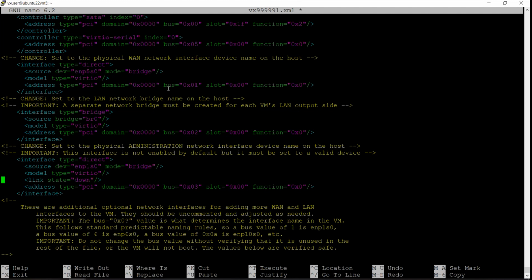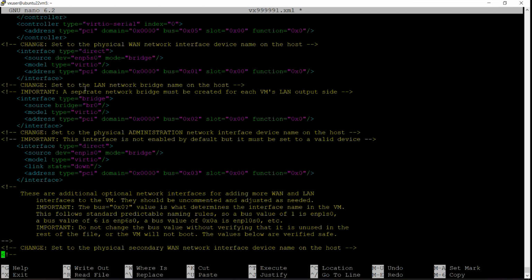So what this line does, because this bus is 1 and the slot is 0, it will come up as ENP1S0 every time you define a VM using this statement. Again, this is what's exposed to the virtual hardware. This is the virtual hardware that the host is going to create and expose to the guest. And then the Linux OS that's running in the guest is what actually will do that side's predictive naming,